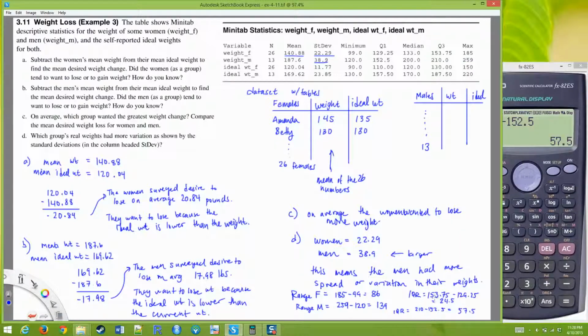So all of these measures of spread or variation indicate that the men's weights are more spread out, that there's more diversity, more variation in the men's weights than there were for the women. That wraps up